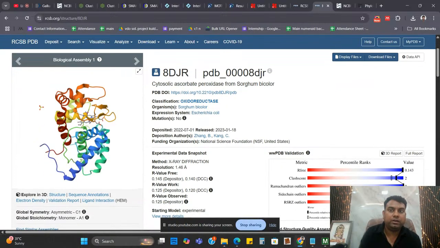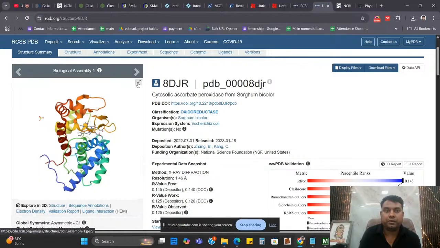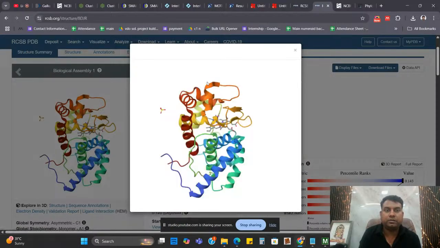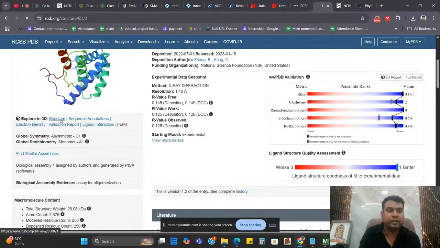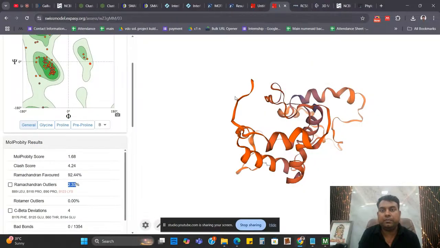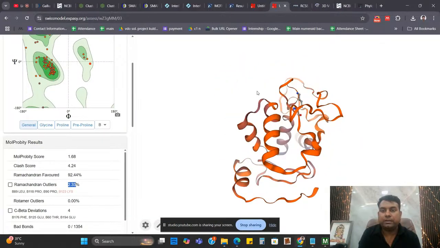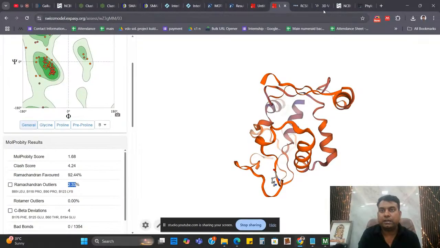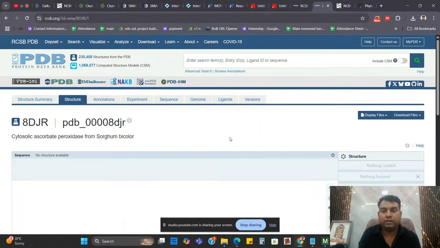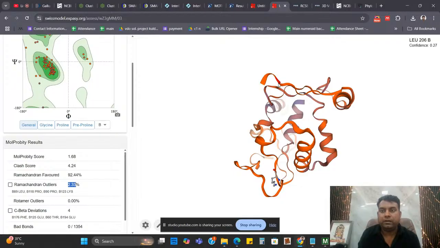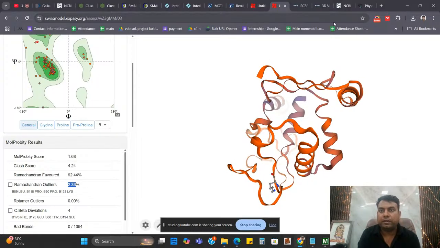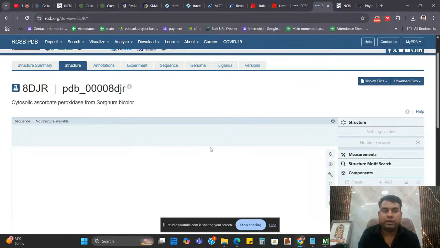Once you are done, you can download the file, or you can expand it like this, or you can get a 3D structure of it. The PDB one will not show you much detail, but here you can see that it is giving you good detail, plus the option to manipulate it. For this PDB, you get certain options, but they are very limited. Here you can see,